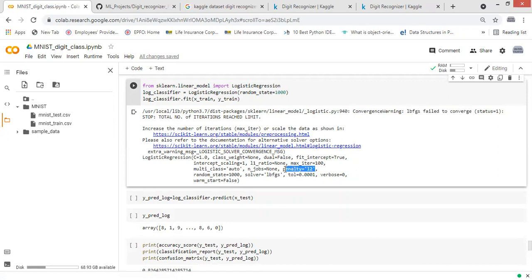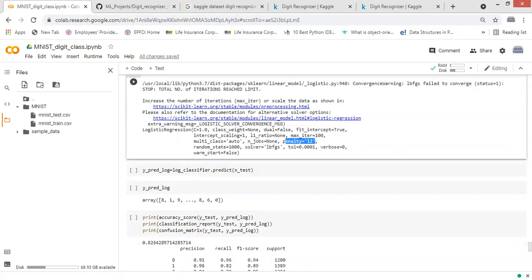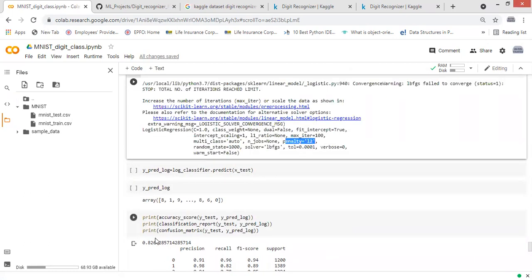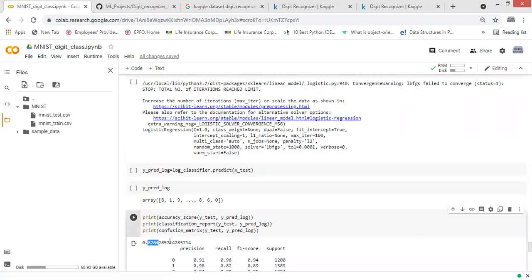You can see here that when I used Saga, the warning message was gone, but the accuracy was reduced to 65% only. And with this logistic regression, I got 82.6%.